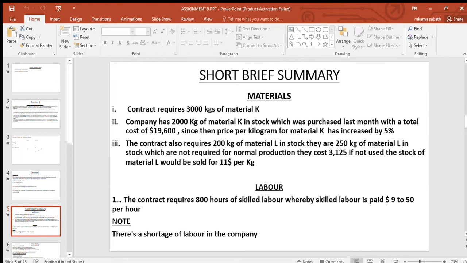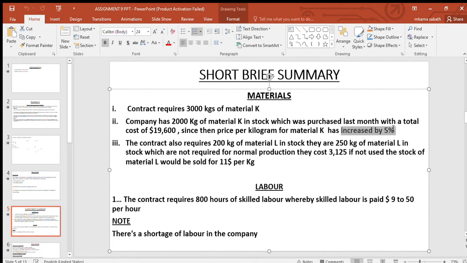Since then, the price per kilogram of material K has increased by 5%. The contract also requires 200 kg of material L, of which they have 250 kg in stock. These 250 kgs are not required